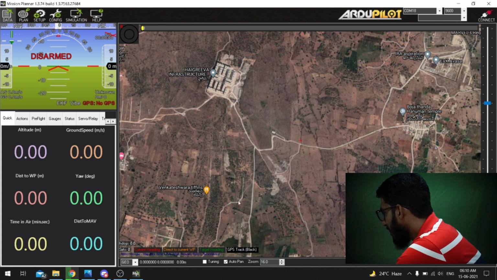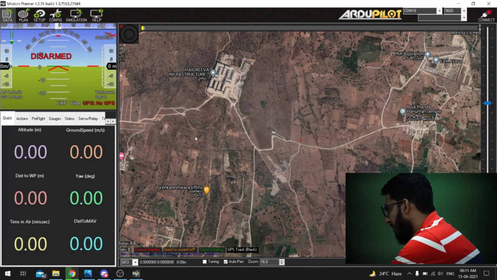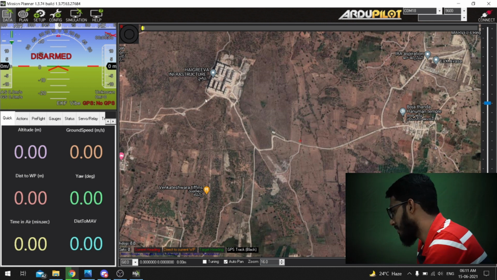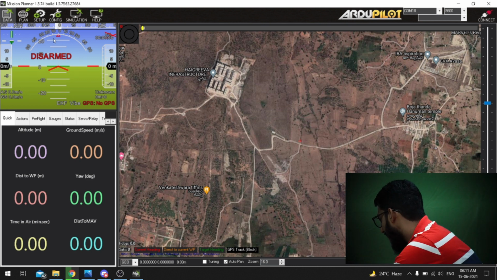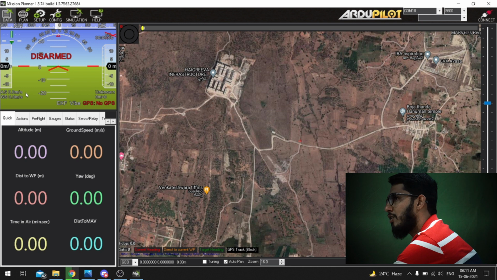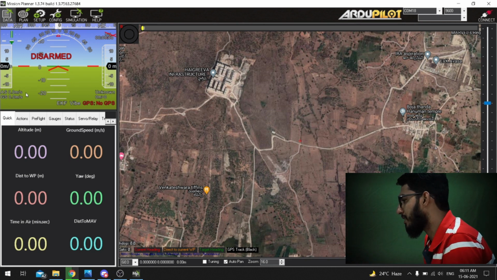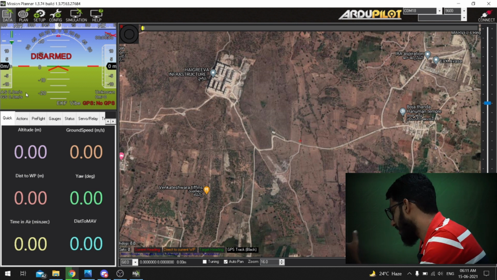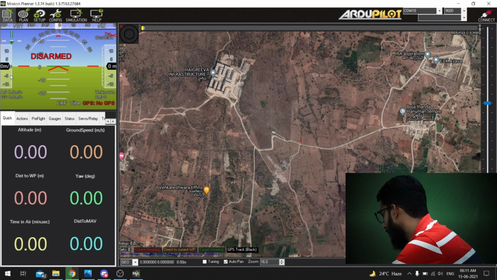So in the Mission Planner, when the main window is open, what you see is three different boxes. I'll consider them as boxes. The first one here is what we call the head-up display, HUD. This kind of display you also see in aircraft, helicopters, and real pilots' helmets. In the helmets you will see the reflection of this window. That is what we call head-up display.